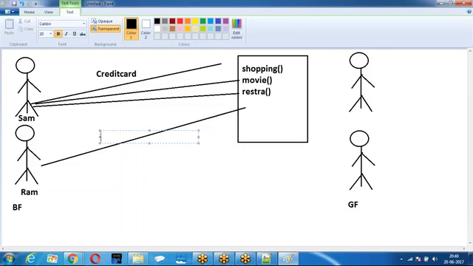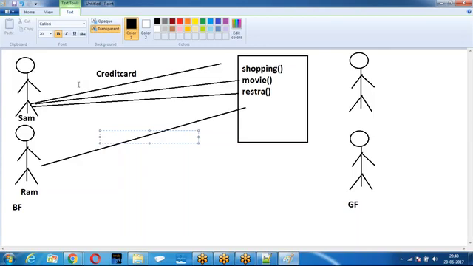But if you are using an interface, you have to define that method. Are you getting my point? An interface will have what? A list of methods. Unimplemented methods. There is no body in the method. They simply say these are the methods, these are the services. The people who are using this interface have to define these methods. It is a must.